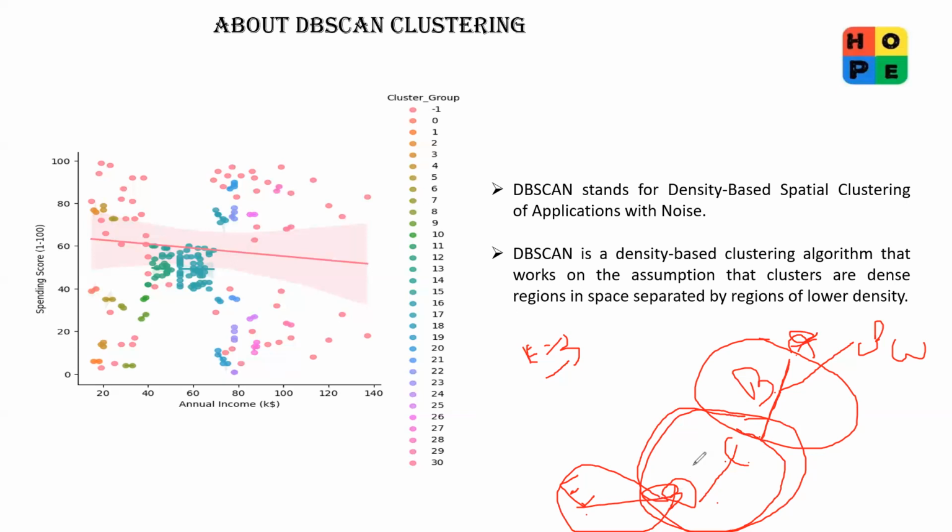Now when I plot this in a graph, I'll be getting something like this. All those will be in this cluster, or basically considered as DBSCAN. Whatever data goes beyond this is considered as my noise,